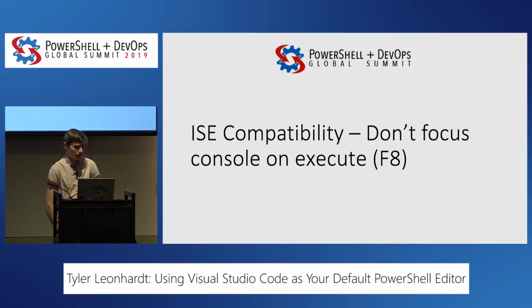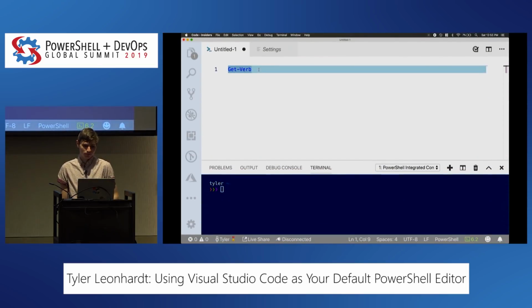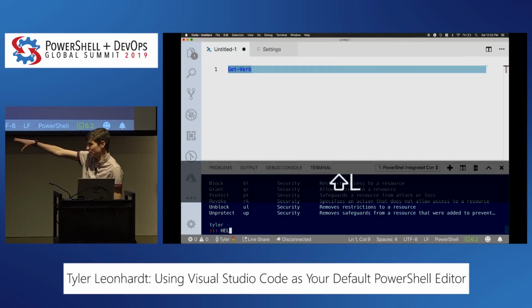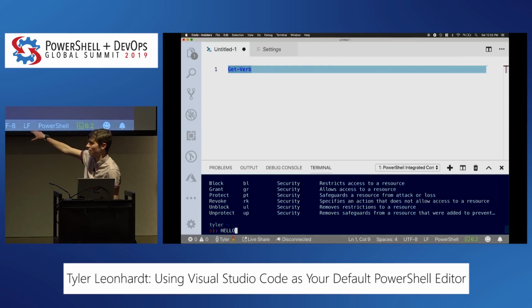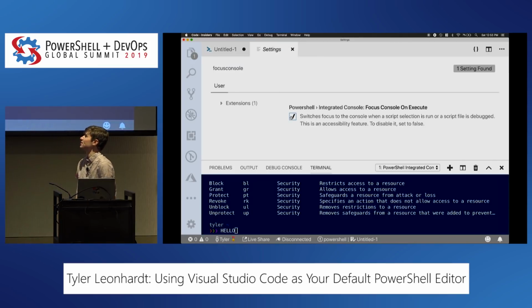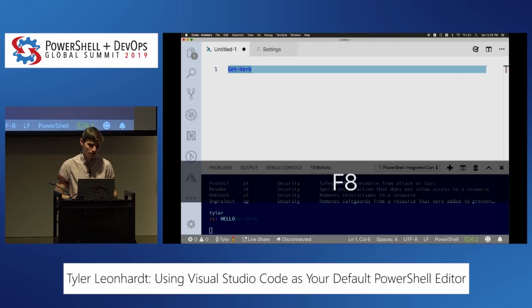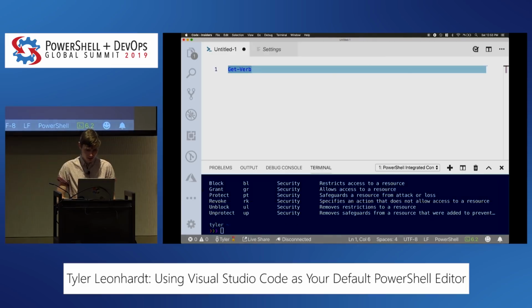Also on ISE compatibility, the don't focus console on execute. So the video for this is I've got Get-Verb, and I hit F8, and what happens is my cursor ends up down here in the console, right? But I don't think that's what the ISE does today. What actually happens is when you hit F8, the cursor actually stays put. And so the setting to do that,